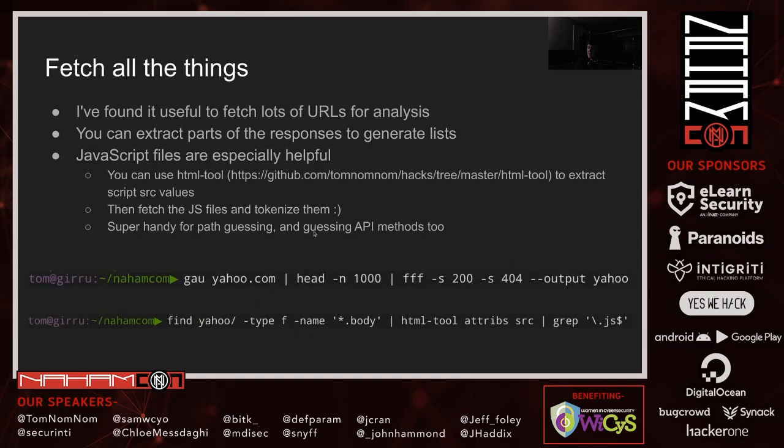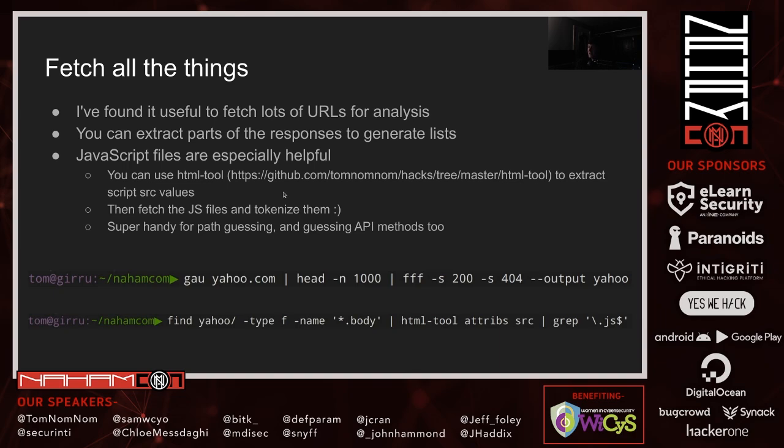So, that was with just one HTML page, but, in reality, most sites have more than one HTML page. We might want to fetch lots of them. So you can use tools like Meg to do that. It does a fairly good job of that. Or you can just write a bash script, use curl. You can use wget with its mirroring function, anything like that. But one of the things I found to be really useful, especially for parameter guessing, API name guessing, and that sort of thing, is JavaScript files.